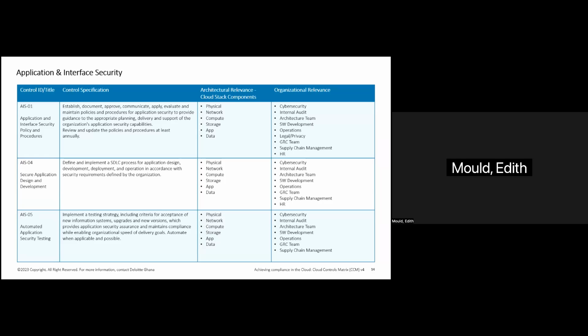The fifth control under this domain speaks to automated application security testing. Now, the control states that you implement a testing strategy, including criteria for accepting new information systems, upgrades, and versions. And it also states that you automate where possible. Now, when it comes to automation,